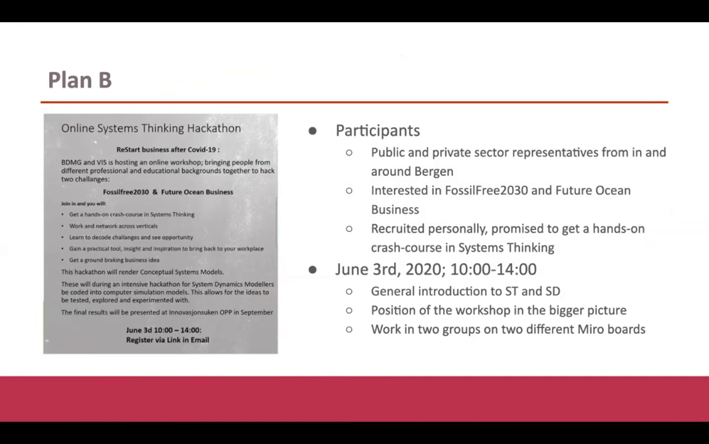And I just want to quickly mention, so this first workshop that we organized in Bergen was with actual real people, representatives of the private and public sector from Bergen or in and around Bergen, who were either interested in the fossil-free 2030 strategy or in discussions around the future of ocean business. Because this had to be done online and